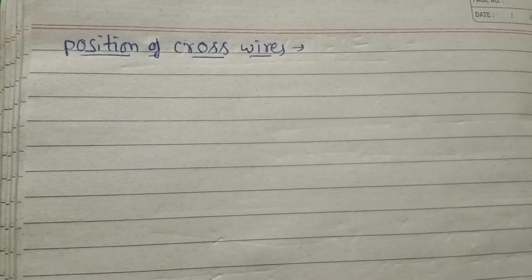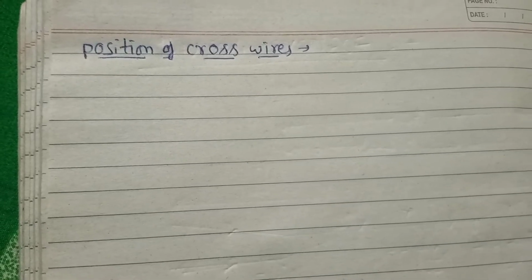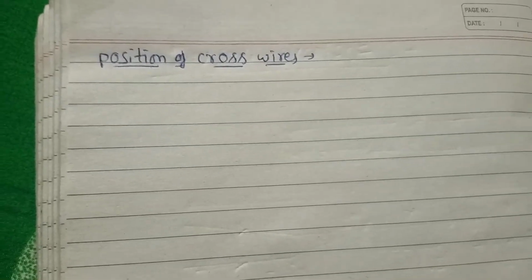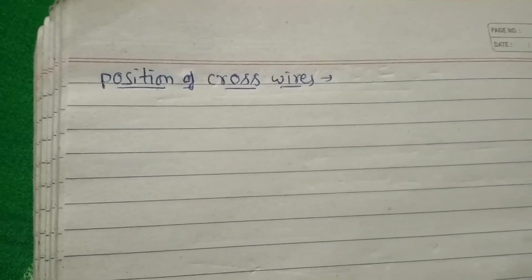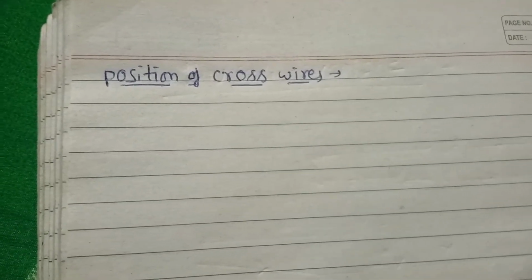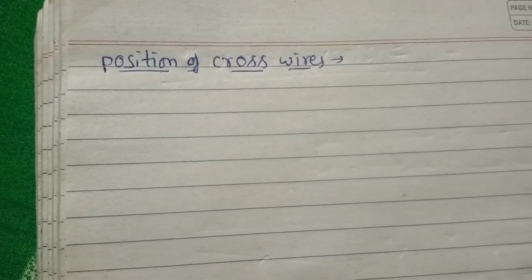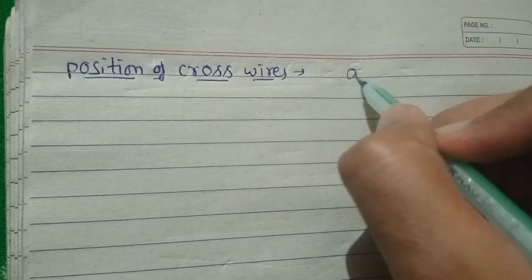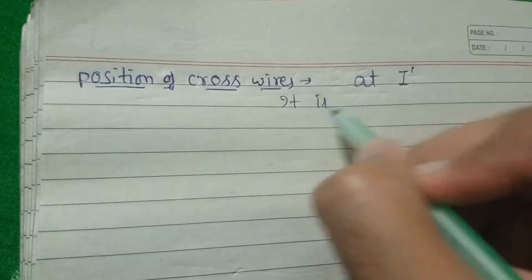So now we will study or understand the position of cross wires. So what is cross wires? Actually cross wires are two thin wires that are perpendicular to each other, and it is used to measure the distance between two particular points of an object. Although it is not important, the cross wire generally should be at the position of I dash in the Huygens eyepiece, but due to some mechanical difficulties it is not used in the Huygens eyepiece. So you can also write or not. If you want, you can write that the position of cross wire can be at point I dash, and it is not used